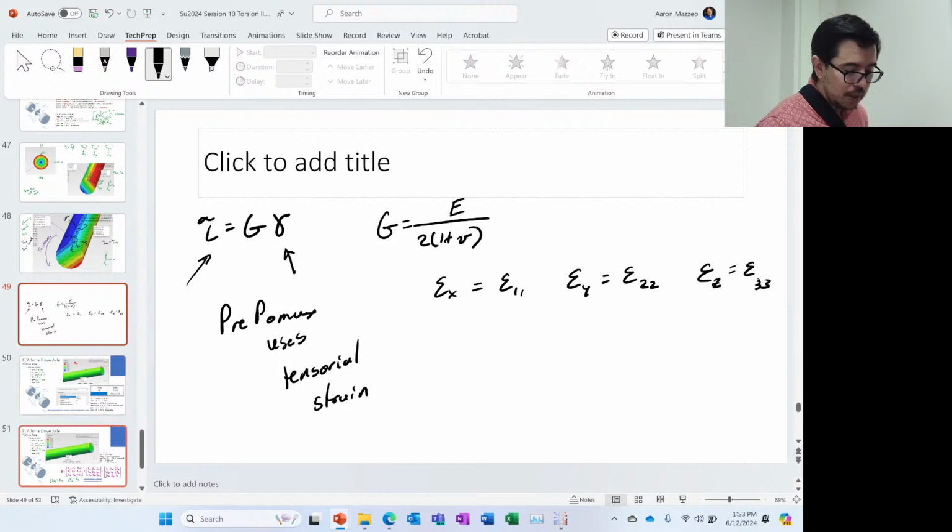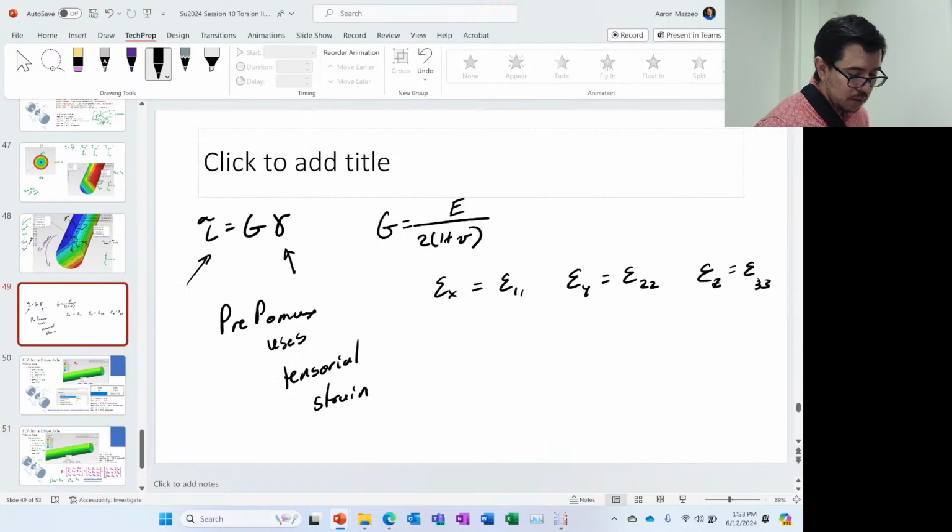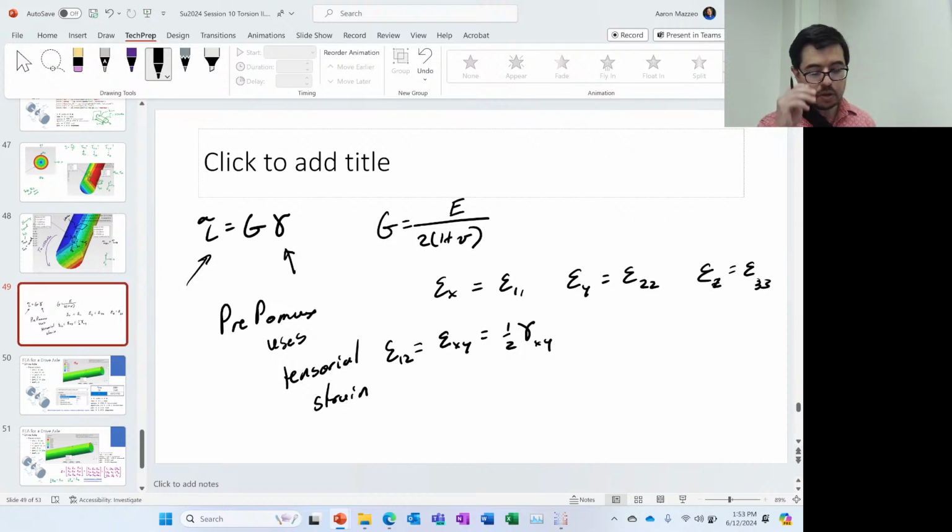But the off-diagonal terms, so epsilon xy is equal to 1/2 gamma xy. This is really epsilon 1,2. If I click on this value, I'm going to get half of what it is. So I had to multiply